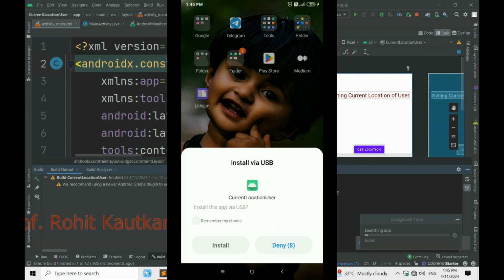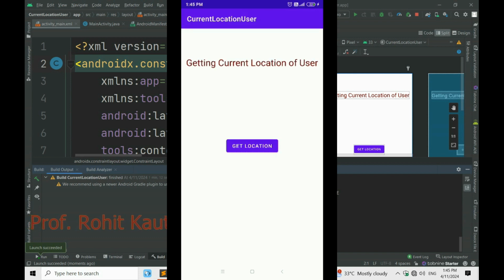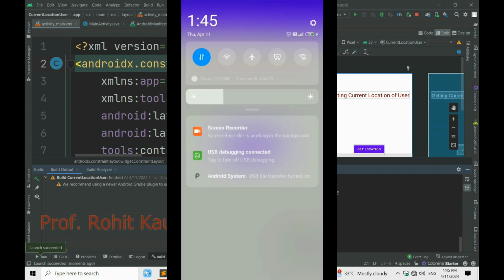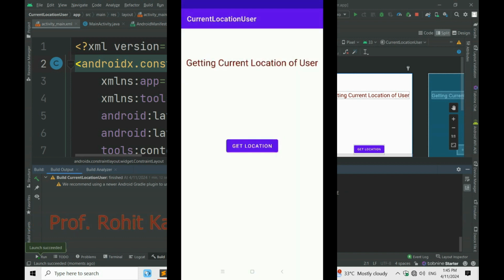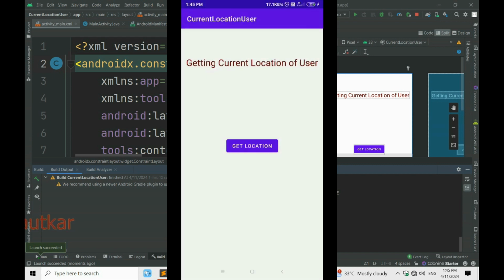So we will tap on install. We will tap on get location. Now friends, we can see here it is asking us to access our device location. So we will tap on allow,